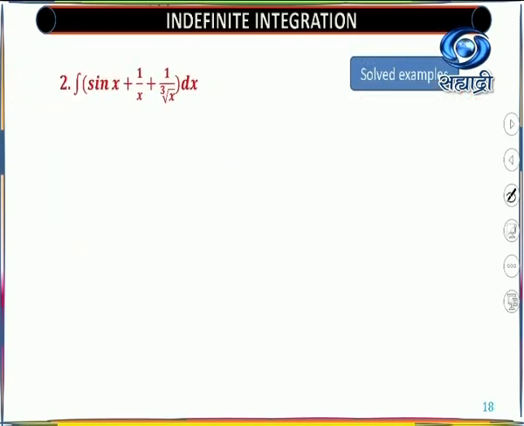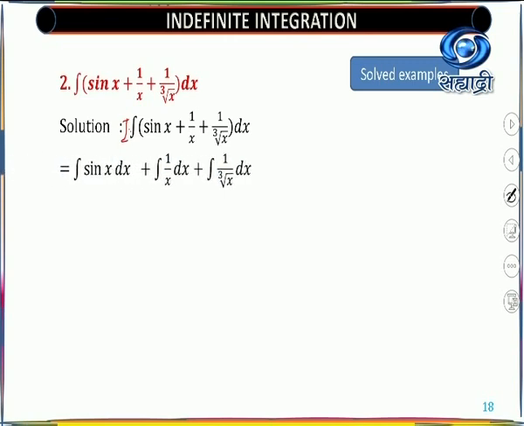Now look at here, we'll start with our second example, integration of sin x plus 1 upon x plus 1 upon cube root of x dx. Now look at here, this is an example based on theorem 1. That means you need a separate integration. So you are able to start with the solution as the given function. Sometimes we write I equal to, and you are able to directly also solve. So either you write I equal to whatever the given integral and come to the end, or you start with the given function. So we'll start with this.